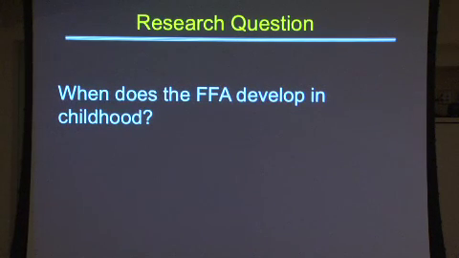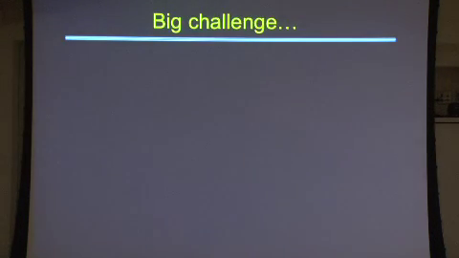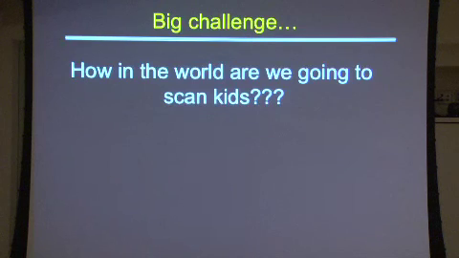Before answering this question, there is a much bigger challenge: the FFA is a dedicated piece of tissue in the brain, and I've got to be able to scan your kids. How in the world am I going to scan your kids? Your 5- and 6-year-olds in particular. This is the youngest I've gone thus far. I've done one 3.5, and it's pretty successful, but not nearly as successful as the 5 and 6. So half of this talk is going to be telling you how we did this, and then showing you some really beautiful preliminary data and giving you a feel for what we are learning about the development